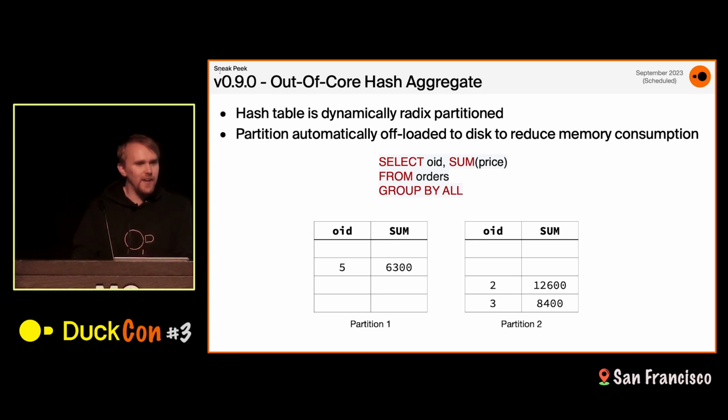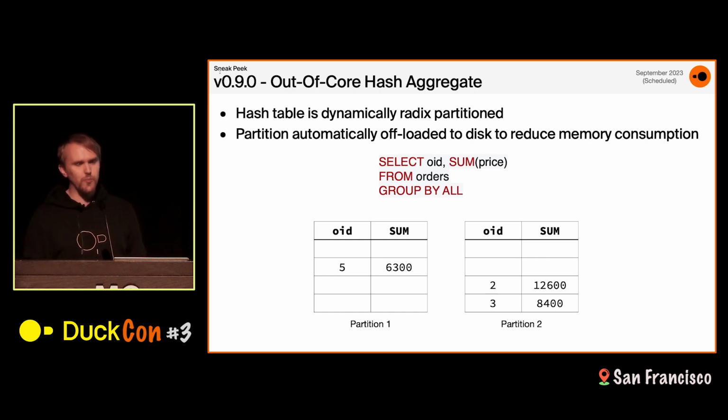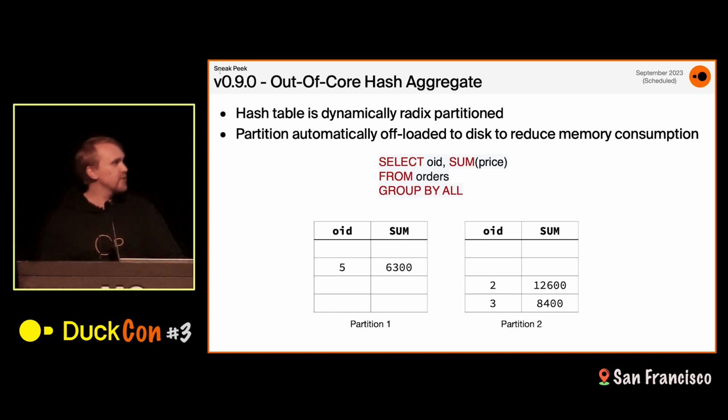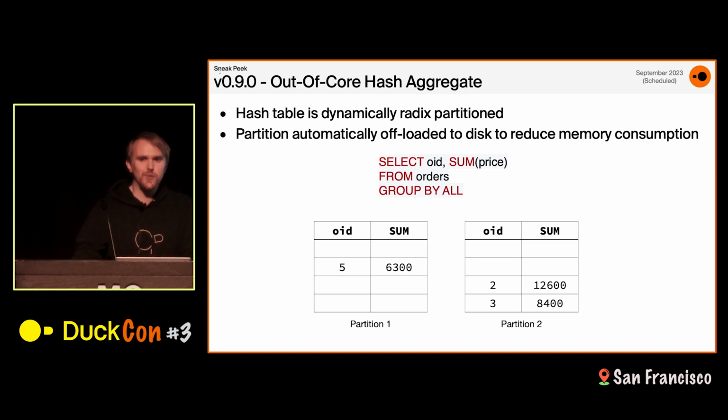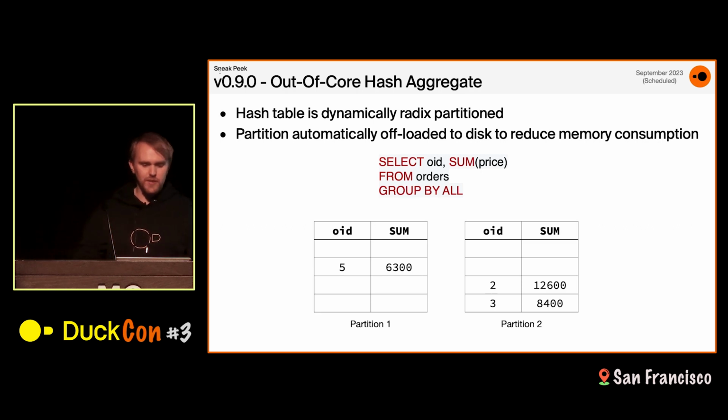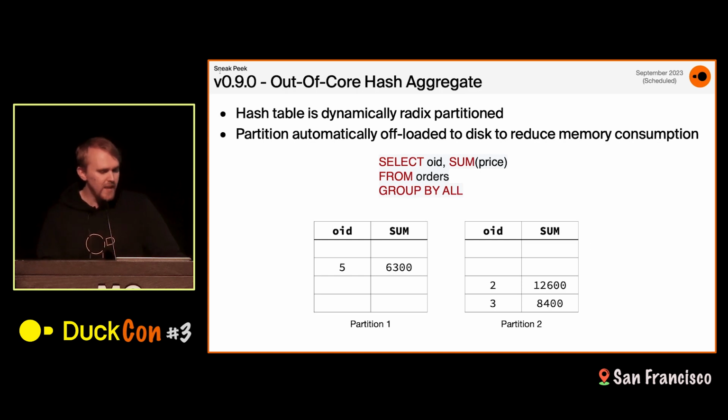What that means is that DuckDB has a streaming engine. So in principle, if you have an aggregate with a small number of groups, it will work even if your data set is extremely large. But if the hash table used during the group by is very large, currently that does not work because we require the whole hash table to fit in memory. That can happen if you are, for example, running a distinct on a lot of rows, or a group by with many unique groups. We have been working on this. Laurens has been working on this, and it's very cool.